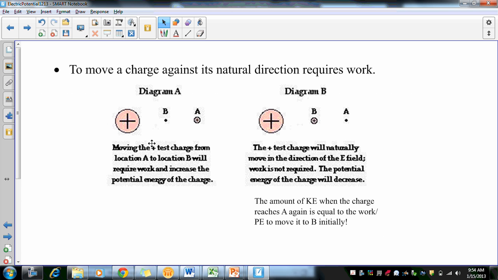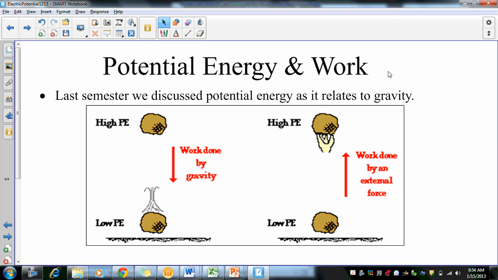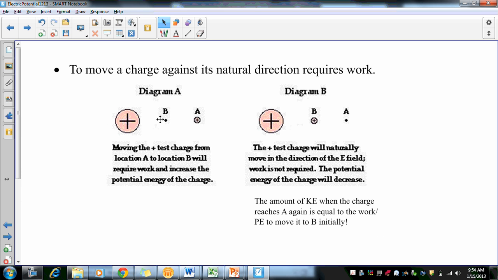The same thing happens with charges. To move a charge against its natural direction requires work. In the gravity example, the natural direction is to go down. So you have to do work to lift it. For charges, you have to look at what the charges are. So here we have a positive charge and a positive charge. Well, what do they want to do? They want to repel. And so to move the charge at A to the location at B,